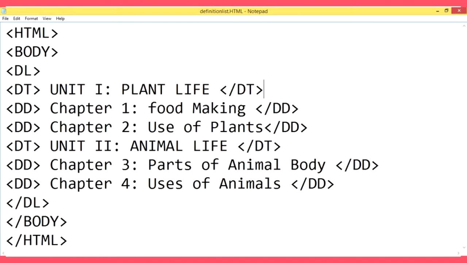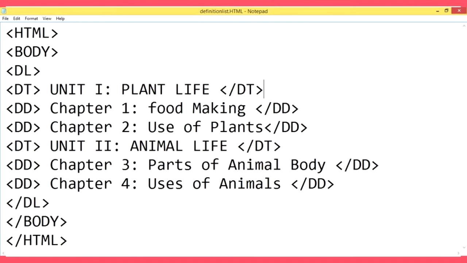Next one is DD. DD is the starting of the definition. So what is the definition? Chapter 1 Food Making, Chapter 2 Uses of Plants. Again DT, the second title, is Unit 2 Animal Life, closing tag.